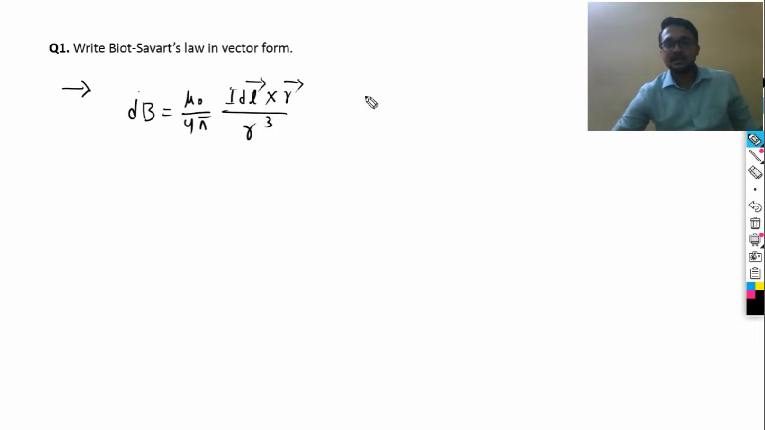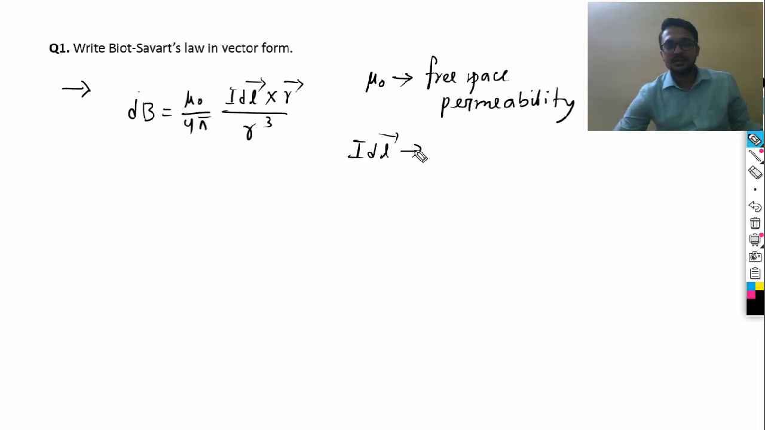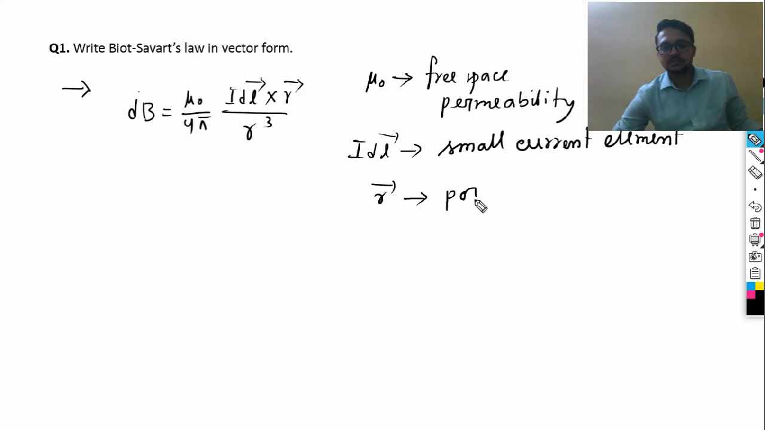Do not leave it here. Here you represent the terms. What is mu 0? Free space permeability. What is IDL? IDL is the small current element. And what is r vector? R vector is the position vector. Position vector of what? Position vector of the point